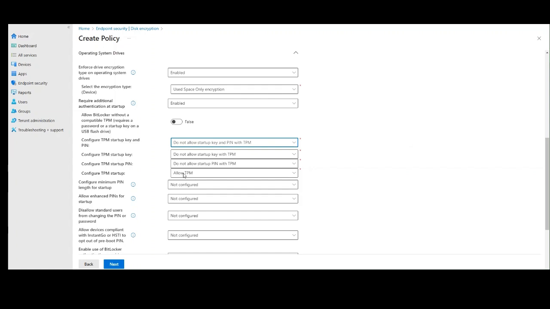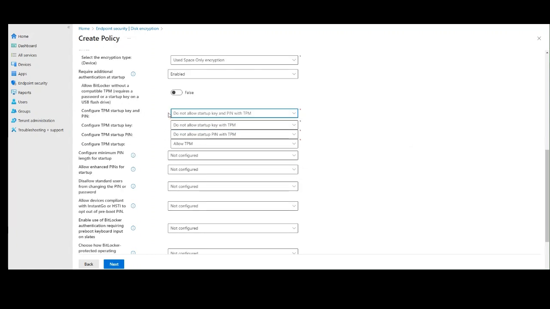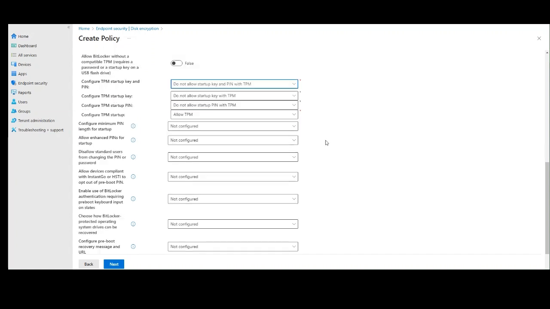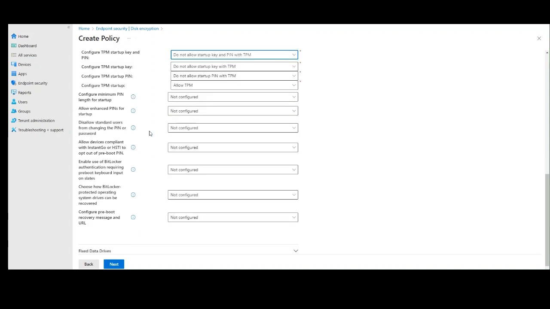So this one you have to allow this option only. Allow TPM only, right? So it will use the TPM only. Other options will be disabled, right? Yeah. Okay, then we leave these options regarding the TPM to not configure, right? Okay,